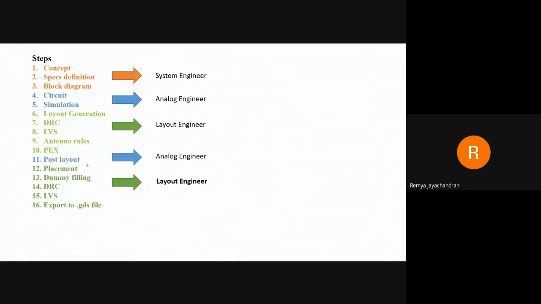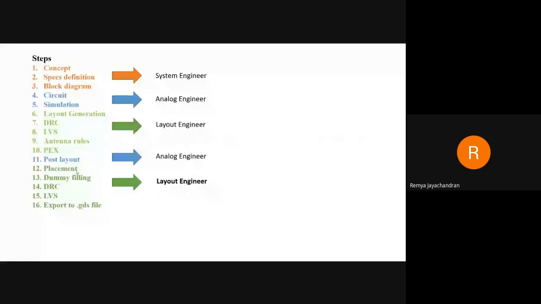So the placement of these blocks is an important point. You have to place each block in a particular position so that interaction within the integrated system won't happen. And after routing, we'll go for the dummy filling,